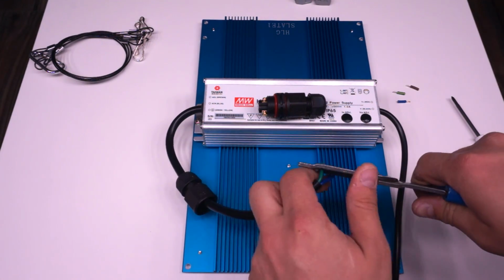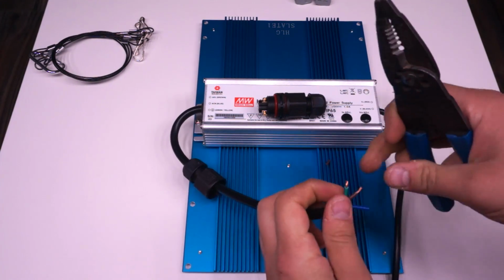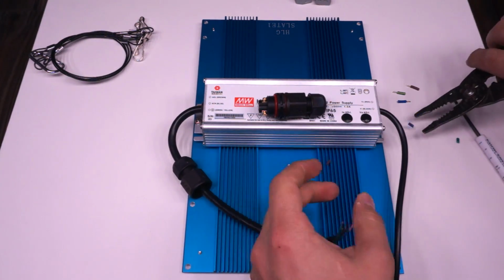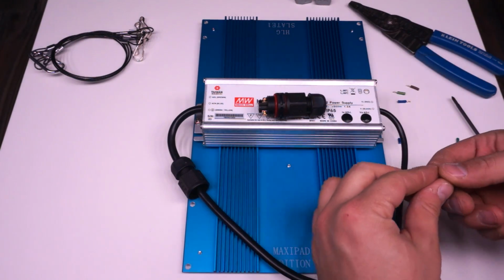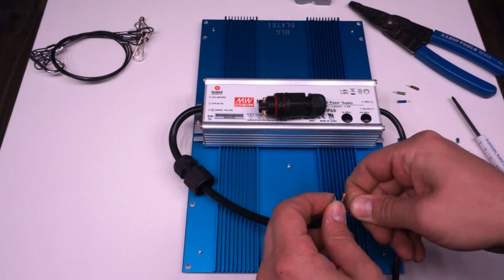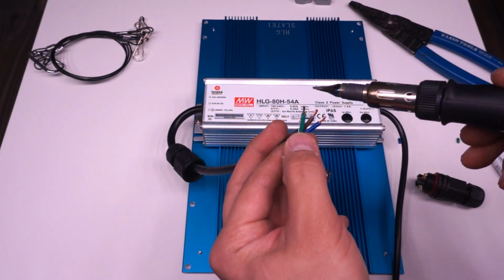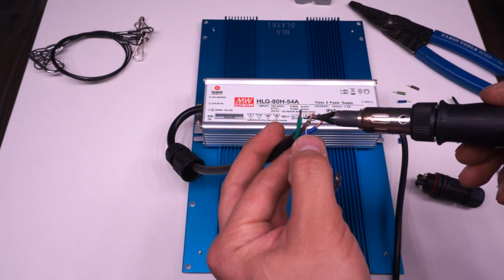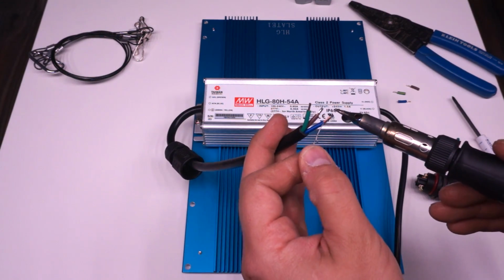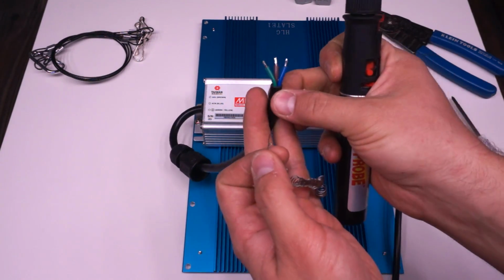Once I trimmed my wire, I stripped them again and made sure to keep them all the same length and try to keep them about as short as possible while still fitting all the way into the terminals. This is stranded wire too, so it's really important to keep them nice and tight and twisted, and this is where having a soldering iron is a great idea because you can tin these with a little bit of solder, and that keeps everything together and prevents these little stray strands of wire poking through and causing trouble. If you have a strand of wire on 120 volts that's somewhere it shouldn't be, that's a big problem, so